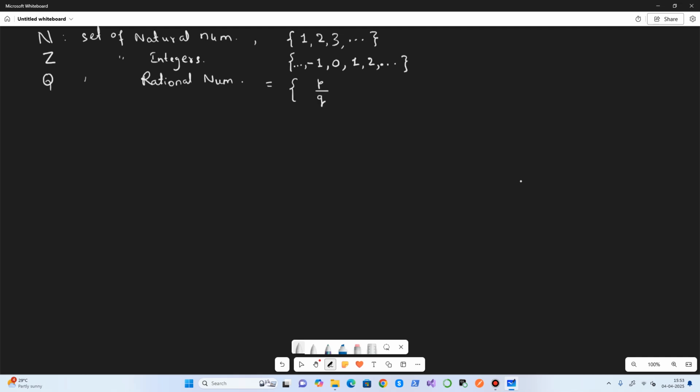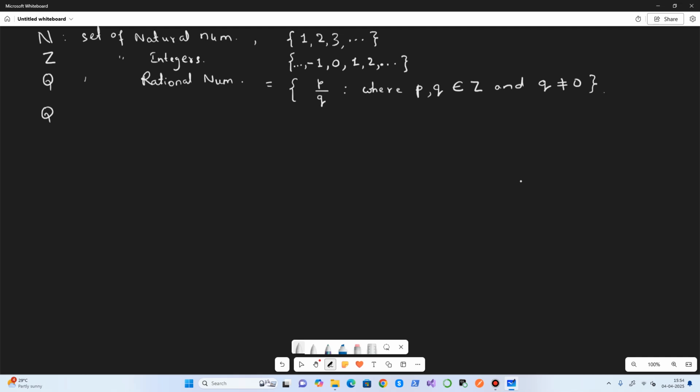It is a ratio of two integers, where p and q belong to the integer set, and q is not equal to 0. So this is the set builder form of the rational numbers.